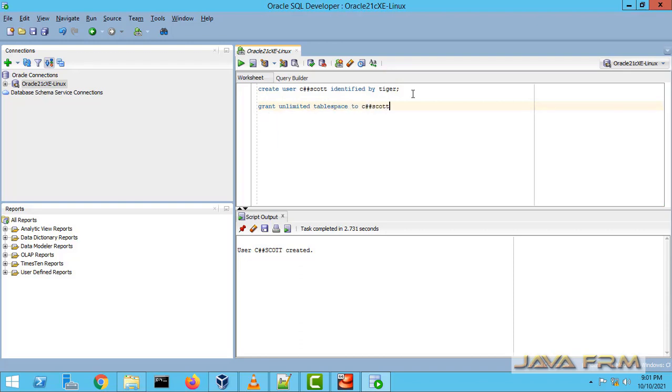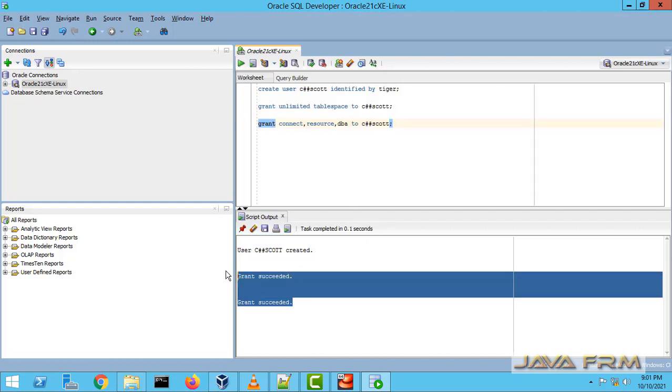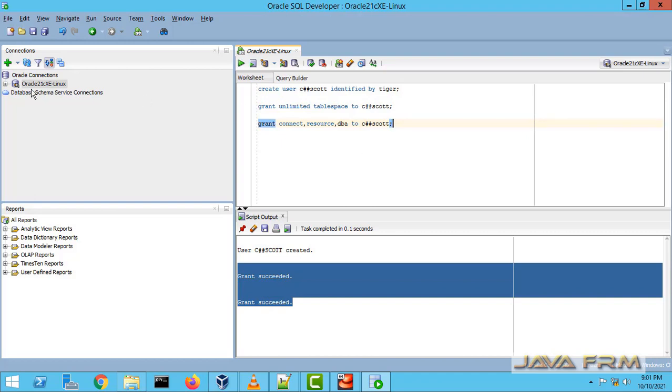Grant unlimited tablespace to C##SCOTT, and grant connect, resource, DBA to C##SCOTT. So this will give the privilege of creating tables, inserting records, creating procedures, creating triggers. Okay, so I have granted privileges to C##SCOTT.